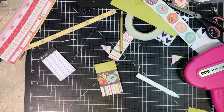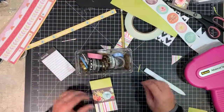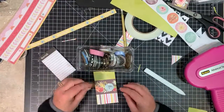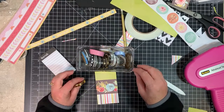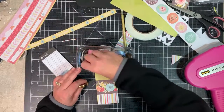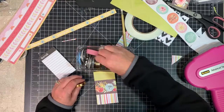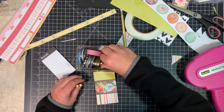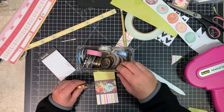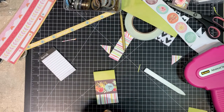Okay, that's cute. Now for some, I don't have very much washi tape. This is the extent of my washi tape. But I'm thinking gold, because of the warm tones, would work. If not gold, maybe black. That's already got stripes in it. No, I think I'm just gonna go with plain gold. So now,